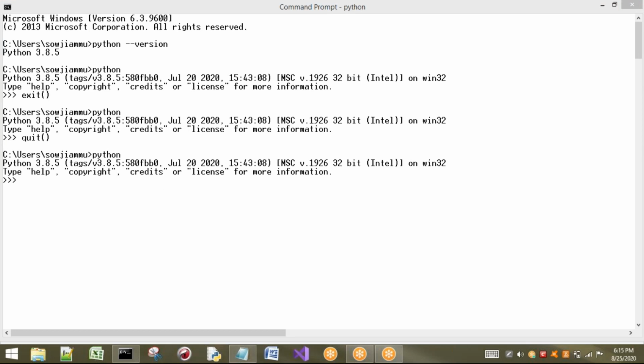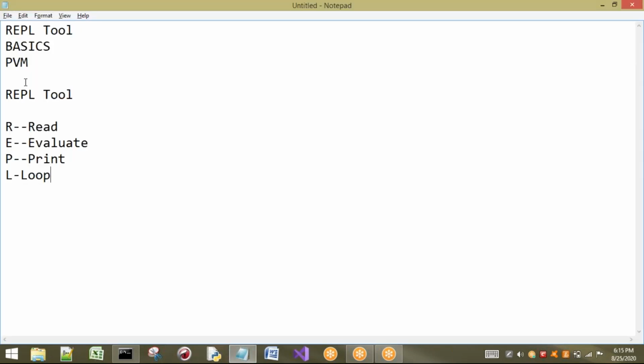So till now what I have discussed, first one is the REPL tool. REPL means Read, Evaluate, Print and Loop. The same thing is going to be repeated once again, so I am telling it as a loop. The same thing is repeatedly processed. So I have L as a loop. Read, evaluate, print. Next, again once again read, evaluate, print, and the same is going to repeat. So we can call that tool a REPL tool.